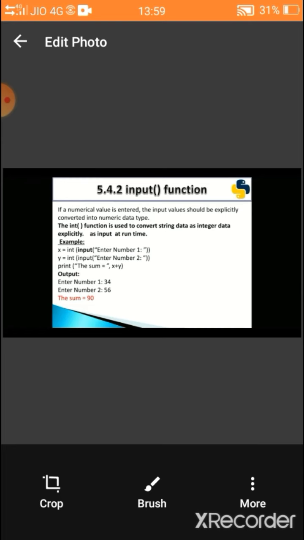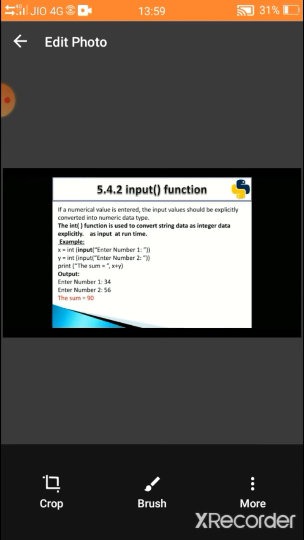If we want to get integer numbers as input, we have to specify another function called the int function. So both int and input functions are used to get an integer as input.